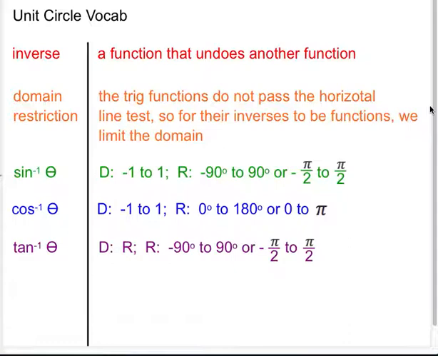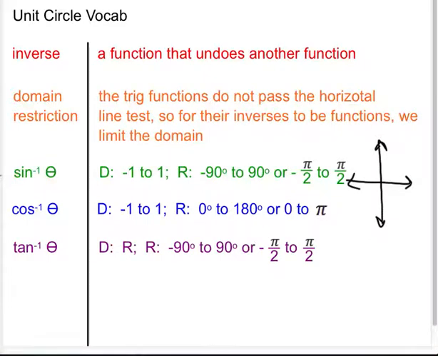The domain for sine inverse is -1 to 1 because the output of the sine function is between -1 to 1. The range of the sine function becomes the domain of the inverse. And we restrict the domain of the sine function to -90 degrees to +90 degrees. So when we think about our unit circle,